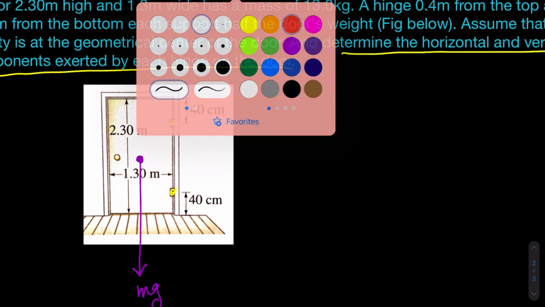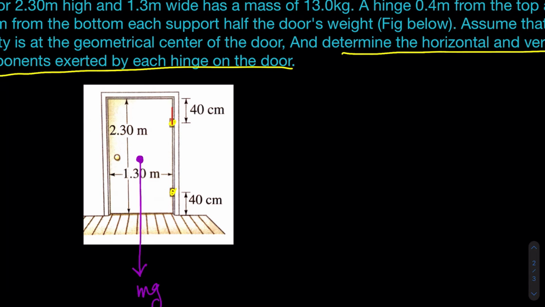We know that these two hinges need to act a vertical upward force on the door to keep it in a balanced position. Let's call the top hinge number 1, and the other hinge number 2. We know these two, but they also exert a horizontal force on the door, and how to find that is